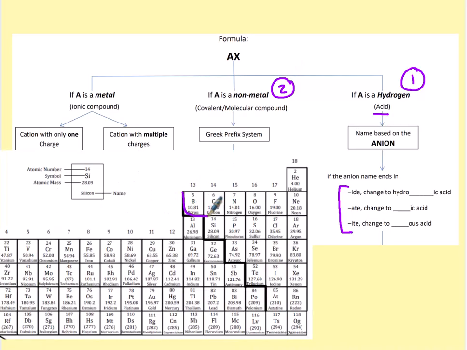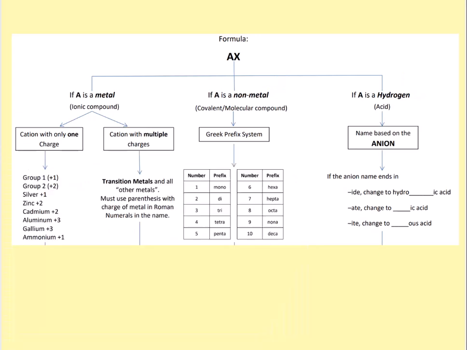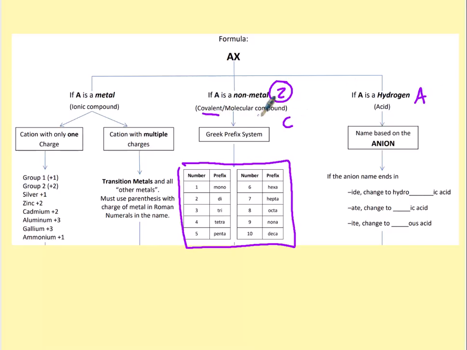And so if it starts with any of these over here on the right, then we would use prefixes to name that. And again, our prefixes are located here. So make sure you know which prefixes correspond to which number. And then if it starts with a metal, then that means it's ionic. So these are going to be acids, these are going to be covalent, and finally these are ionic